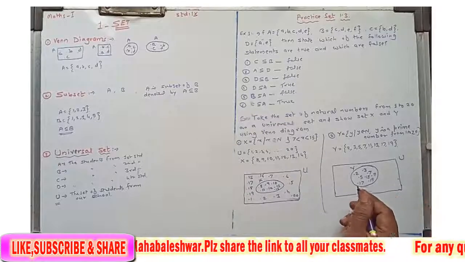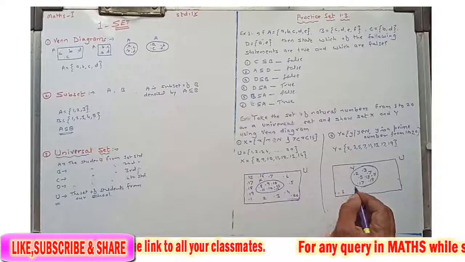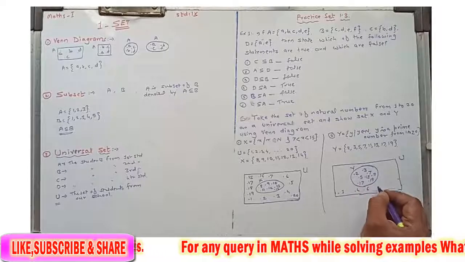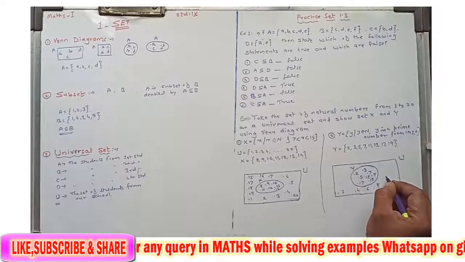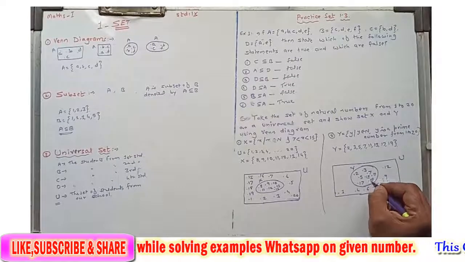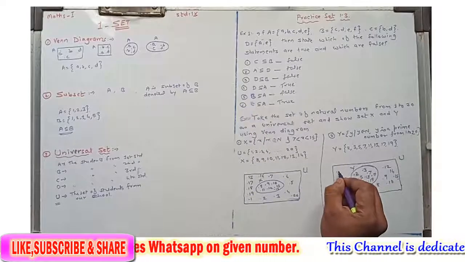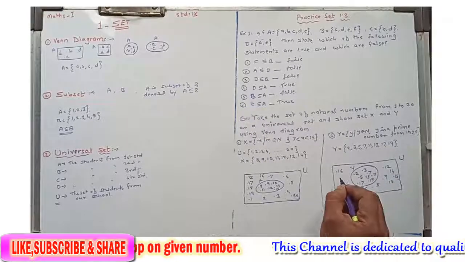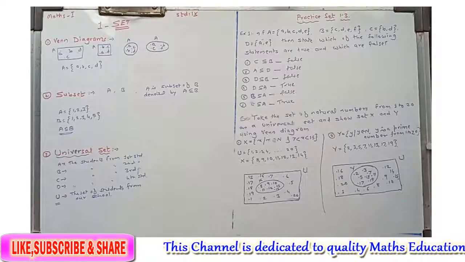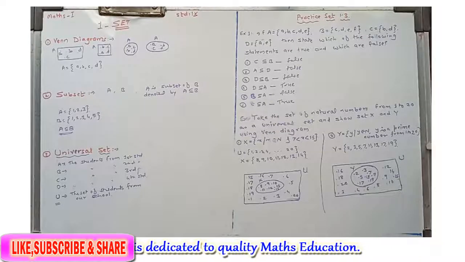Okay, now the remaining elements from the set U we have to write here. This 1, 2, 3 we took here, then 4, 5 took here, 6, 7 took here, 8, then 9, then 10, 11 I took here, then 12, 13 took, 14, here 15, है ना, then 16, 17 I took, 18, 19 I took, and here it will be 20. So in this way we can represent the given set by Venn diagram.